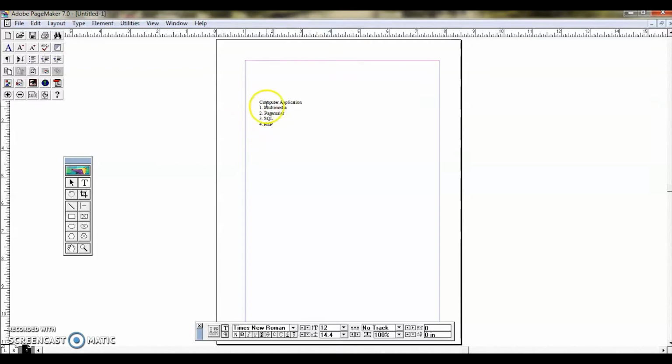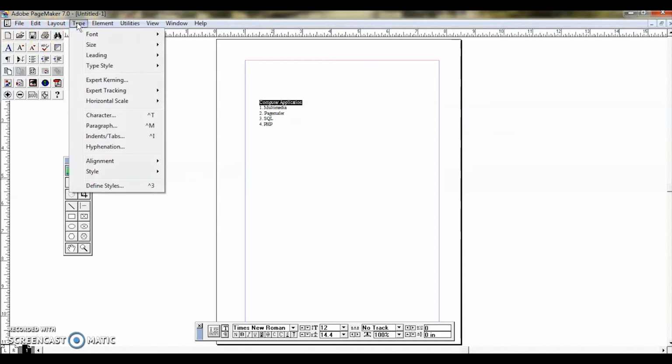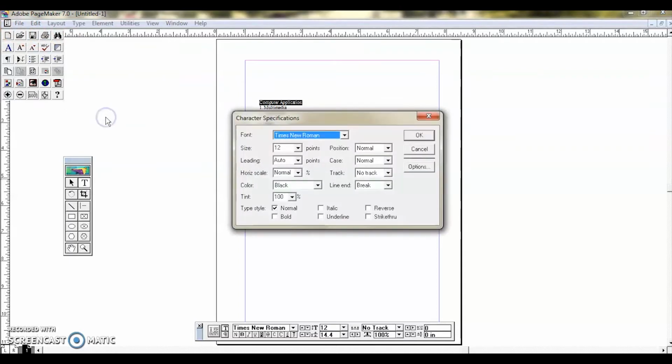Okay. Suppose I am having the text. So see here, this is how I want. Suppose I want to select the text. If you want to format any text, you have to select the text. So I have selected the text computer application, and I can go to the Type menu. Okay, Type menu, and I can give Character. Okay, and then my character specification dialog box will appear. So this is the character specification dialog box. In that, if I want to give any other, Times New Roman, I am having the same thing. Otherwise, if I want to have any other, I can have. So I selected Times New Roman Baltic, and then my size of the point, let me have it as 24.